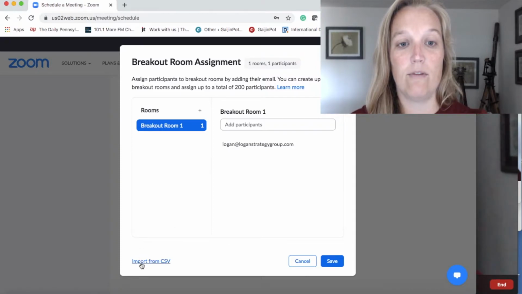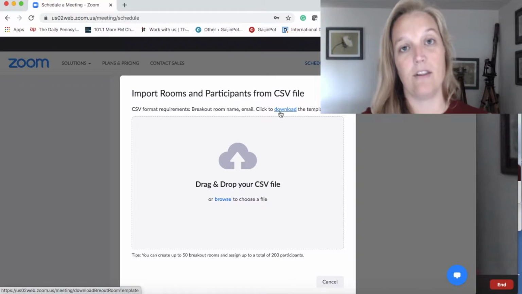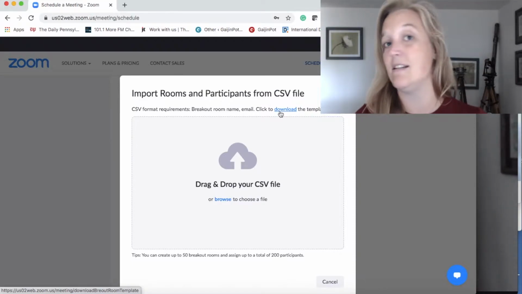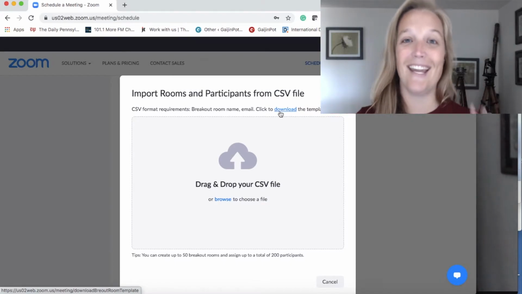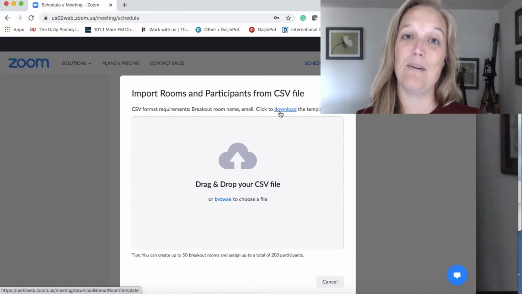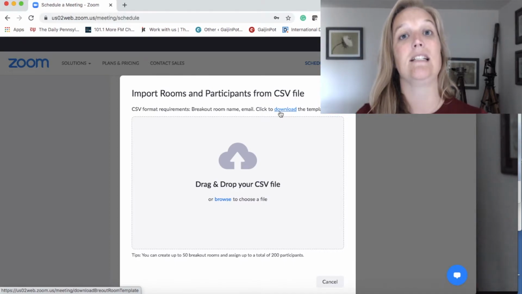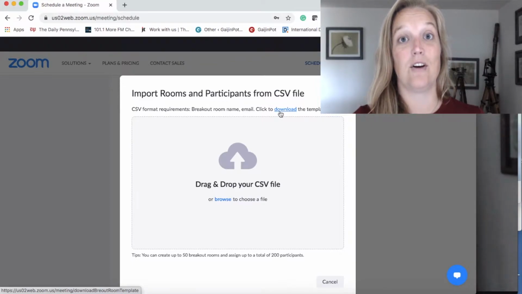Now, if you want to import from CSV, it is really nice that Zoom gives you a template, and this just tells you how they want you to put it as first name, last name, and usually email address. But here's what is so crucial for you as the organizer. The unique identifier for pre-assigning breakout rooms that Zoom uses is not the name, it's the email address. So the kicker here is you might have some people who RSVP for your event with one email address, but then their Zoom account is linked to a different email address. And so if I am